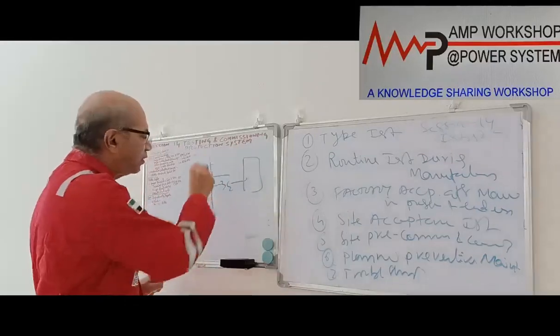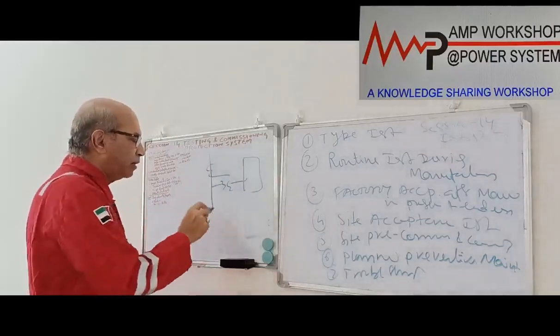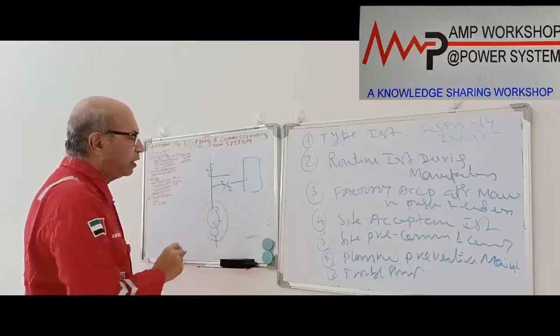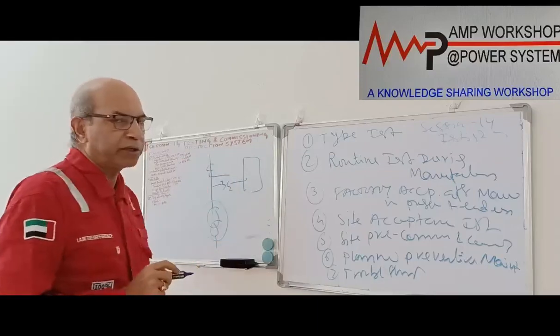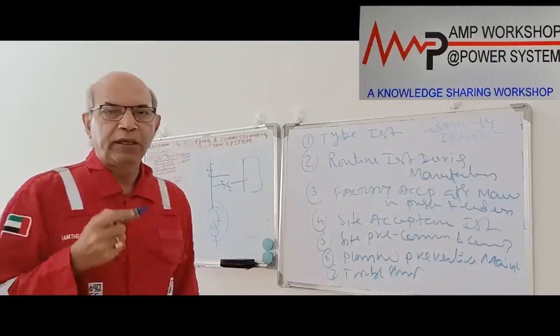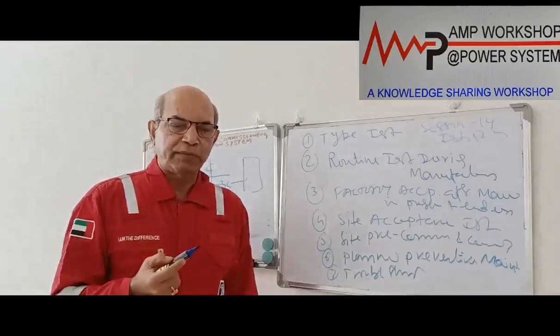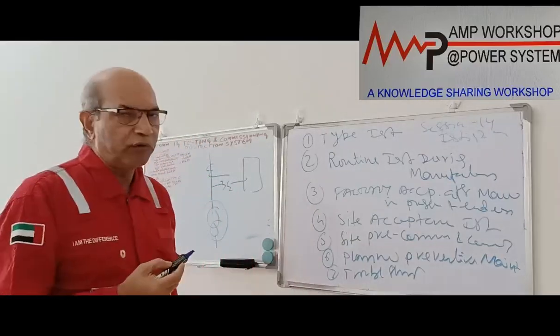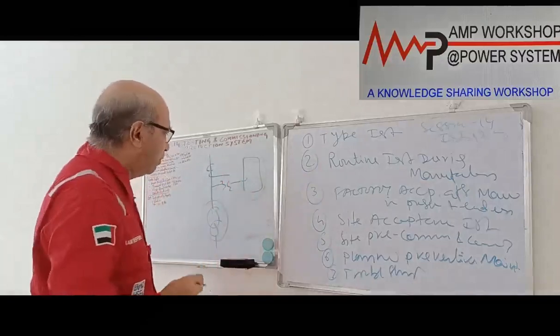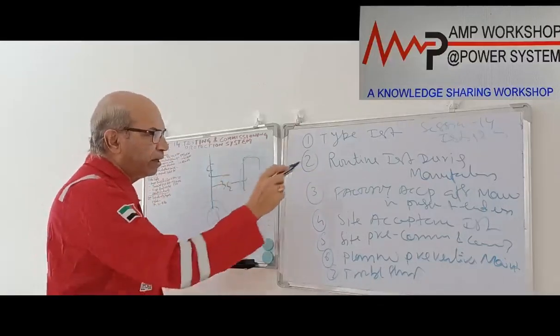Whatever problem comes in the system, suppose there is equipment over here, suppose a transformer. If a problem comes in the transformer, immediately that will be transmitted to the protection device. So under all these abnormal conditions which can be created in the equipment or in the system, this equipment should not maloperate.